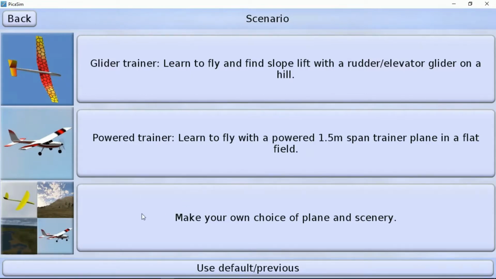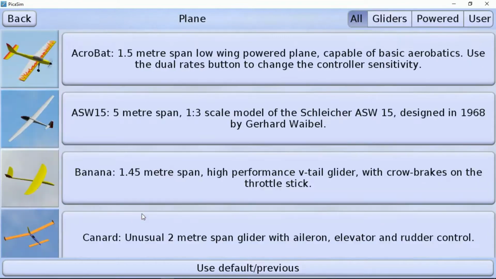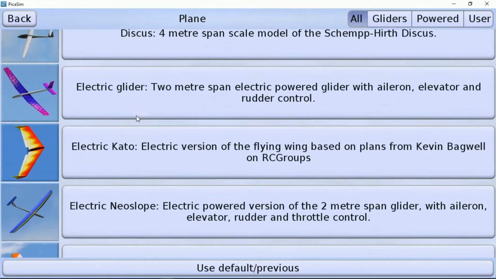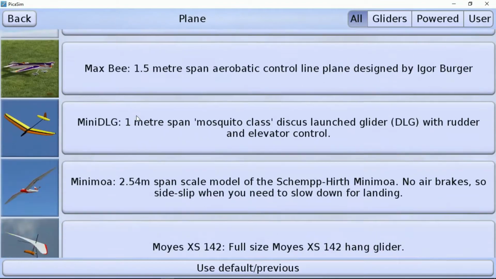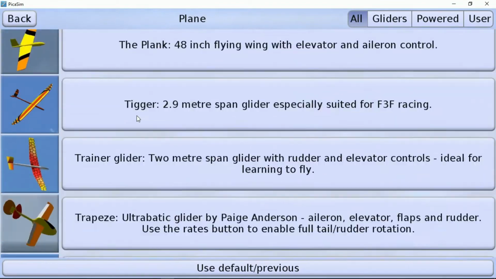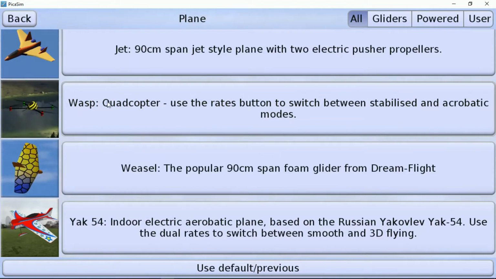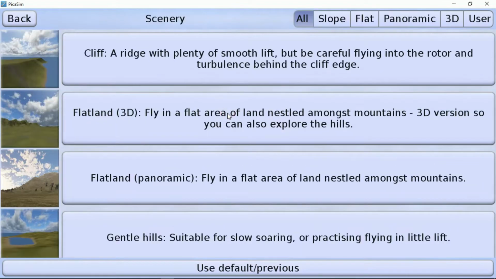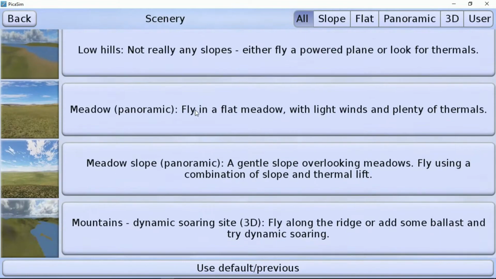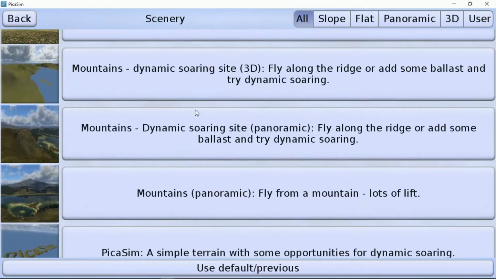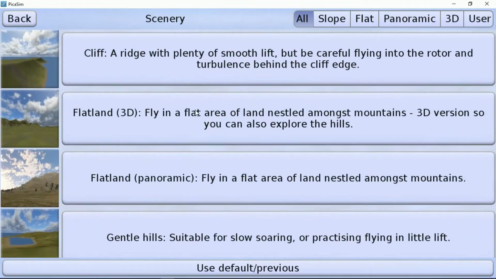Here we'll select the make your own choice plane and scenery, third option. In this type, we'll select the quad. Here we go, quadcopter. Okay, so these are the sceneries we can select. So I will select one of them.